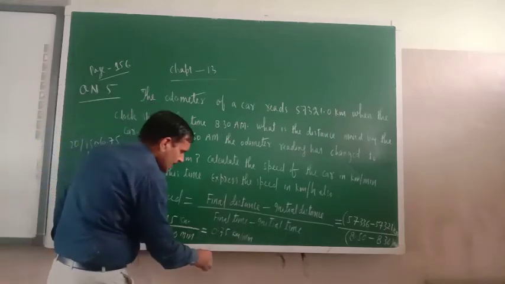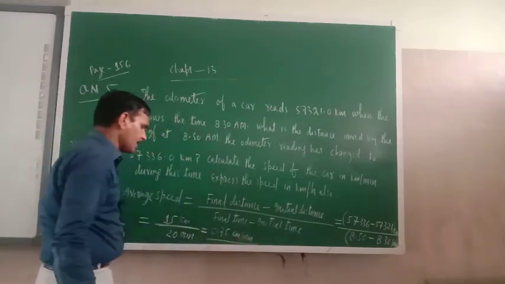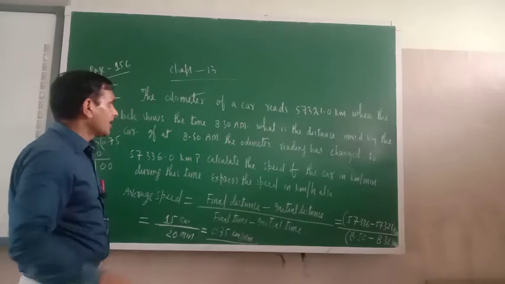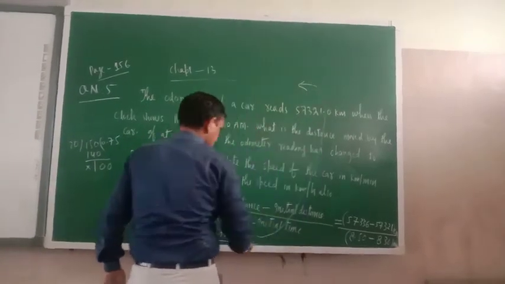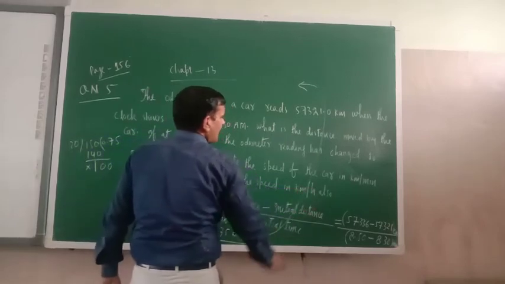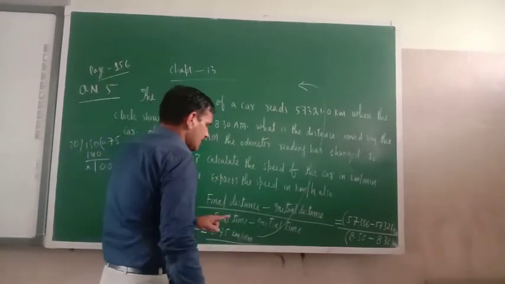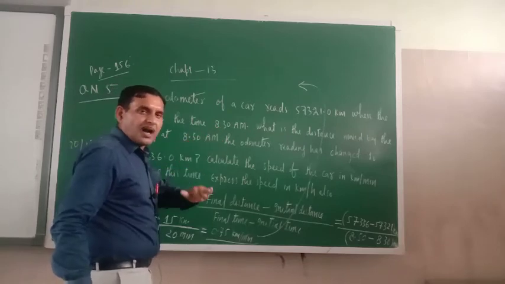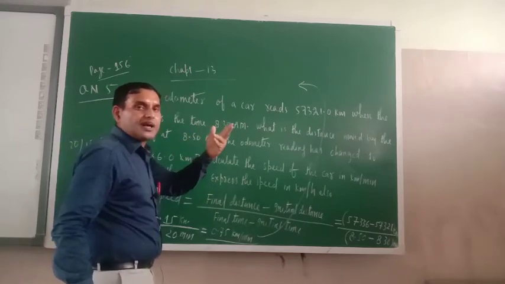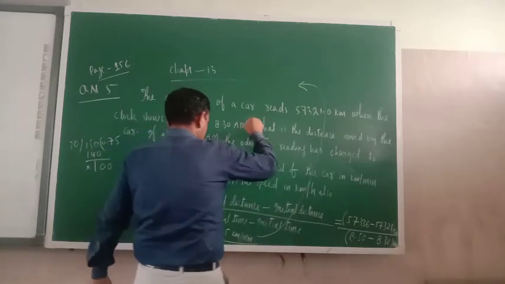This is the speed in kilometer per minute. Now you have to convert. Now I am writing this side. You have to convert this one in kilometer per hour because they have asked this one. So minute you have to convert into hour. So smaller unit is getting converted into bigger unit. So division would be there.